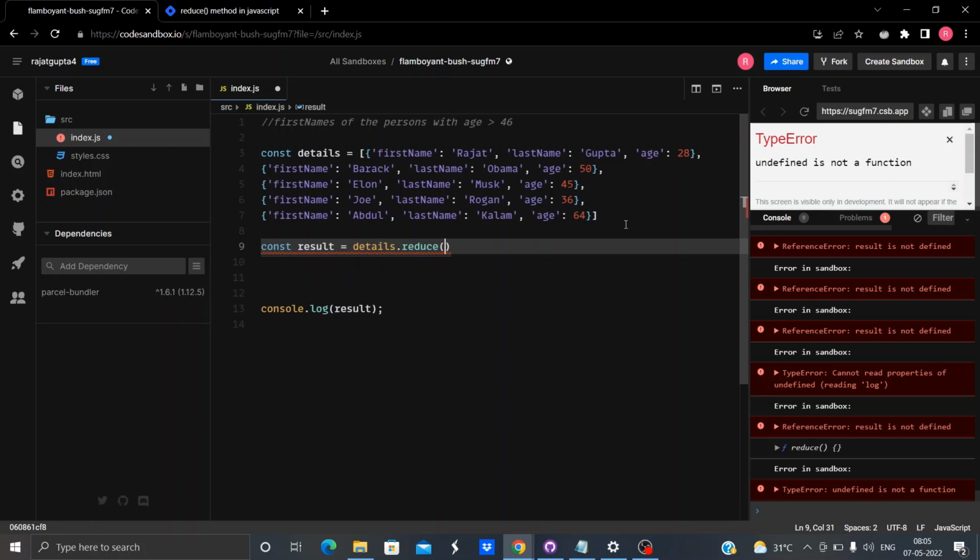But this is the more efficient way, to use reduce instead of applying the two methods, map and filter. So here, let me call each of these objects person. Let's say person.